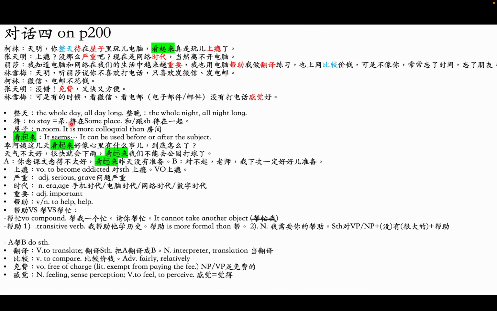For example, 待在屋子里，待在家里。Or you want to say stay together with somebody. You can say 和 for example, 男朋友待在一起 or 跟爸爸妈妈待在一起待在屋子里屋子 means room, the same as 房间 but 屋子 is more colloquial than 房间好，那这句话的意思是天明 you stay all day in your room playing on your computer 看起来真是玩上瘾了